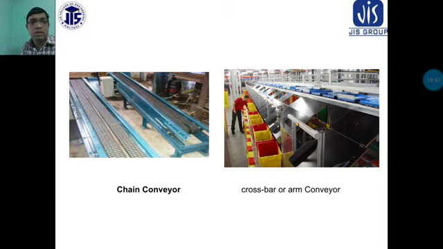Another one here is the crossbar or arm conveyor, where you can see different arms coming. The materials will move in the proper way, with the different arms connected to each other. Simple baskets are put here, and the materials are put in the proper places. Different types of boxes are available, and a hopper comes in front of the box, and the materials are fed